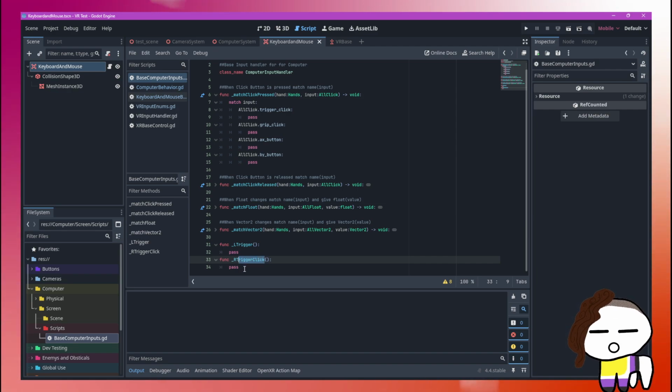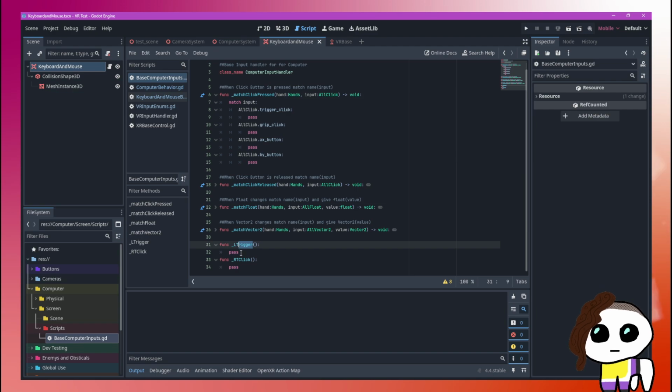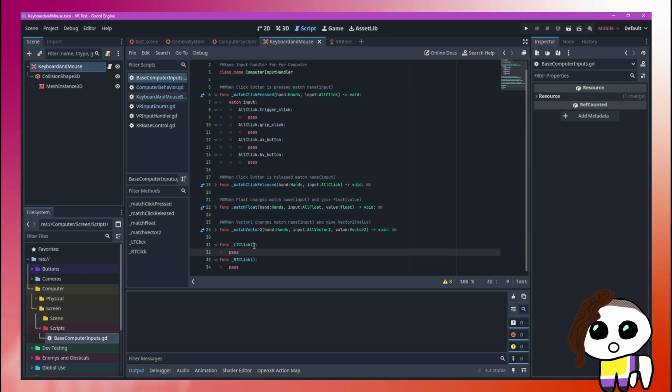I guess I can shorten it down to RT or LT click, and then these. Do I want to do the hands here? Or I guess I'm doing the triggers, which are the hands. So, and then in trigger, I do